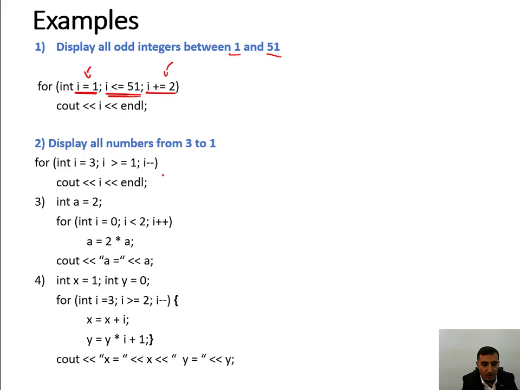This program will display all the numbers from 3 down to 1. We start at I equal to 3. I is greater than or equal to 1, I minus minus. So for this program, which is here, number 3,